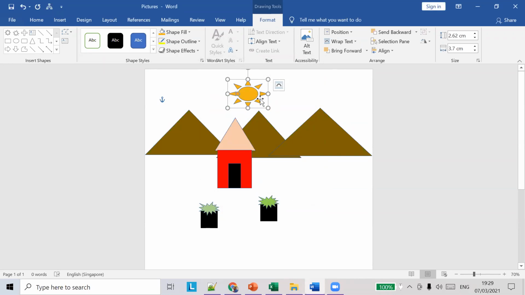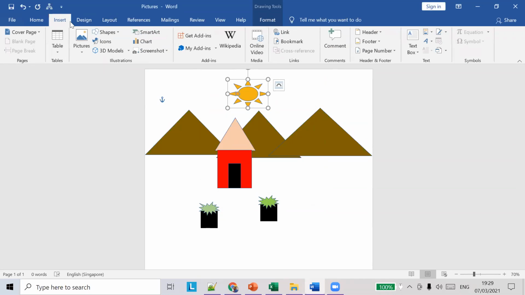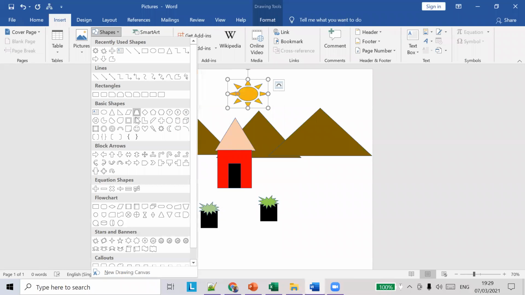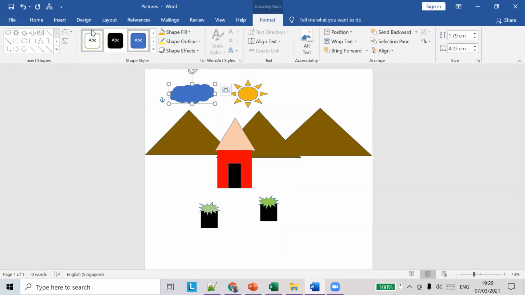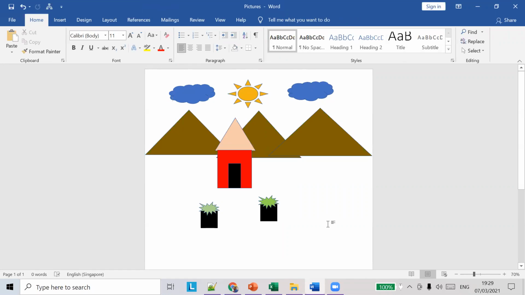Okay, so we're drawing the sun. So yeah, now we have to draw the clouds. Okay, so that's it. Cloud is also inserted. So this is how you draw a picture of your house and a mountain, something like that. Okay, so this is how you draw.